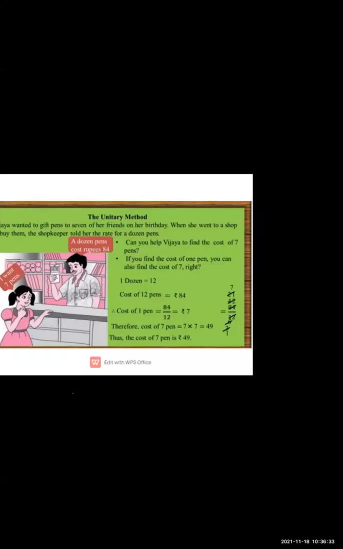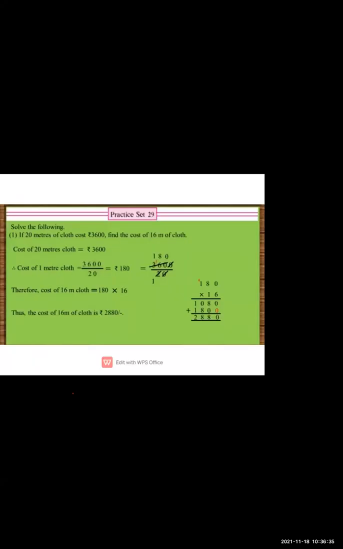Now let's take a practice set. Here we will start with practice set 29. Solve the following. The first question: if 20 meters of cloth cost rupees 3,600, find the cost of 16 meters of cloth. Here it is given that the price of 20 meters of cloth is